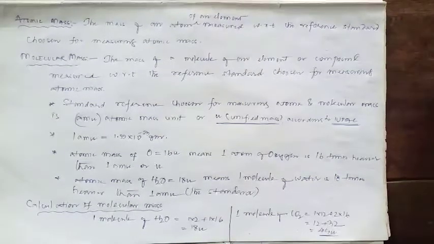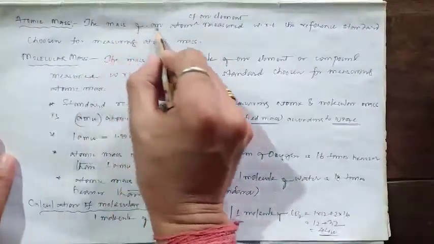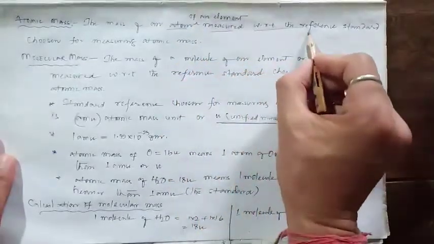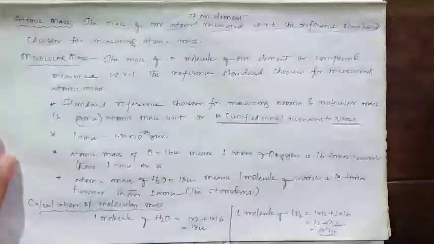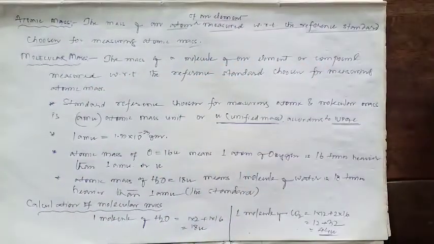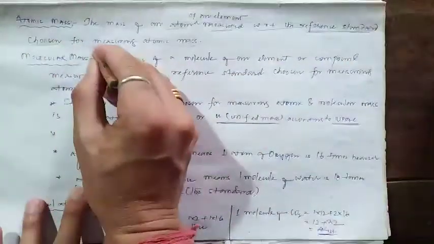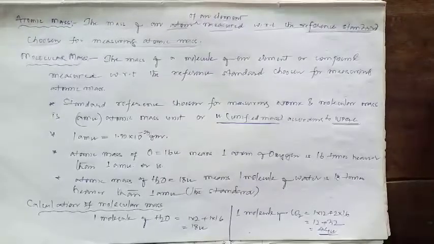Student, let's try and understand atomic mass. It is the mass of an atom of an element measured with respect to the reference standard chosen for measuring atomic mass. Now what is the meaning of this, student? What does reference standard chosen for measuring atomic mass mean? Reference and standard. If you go to a shopkeeper and ask for, say, 5 kg of sugar,